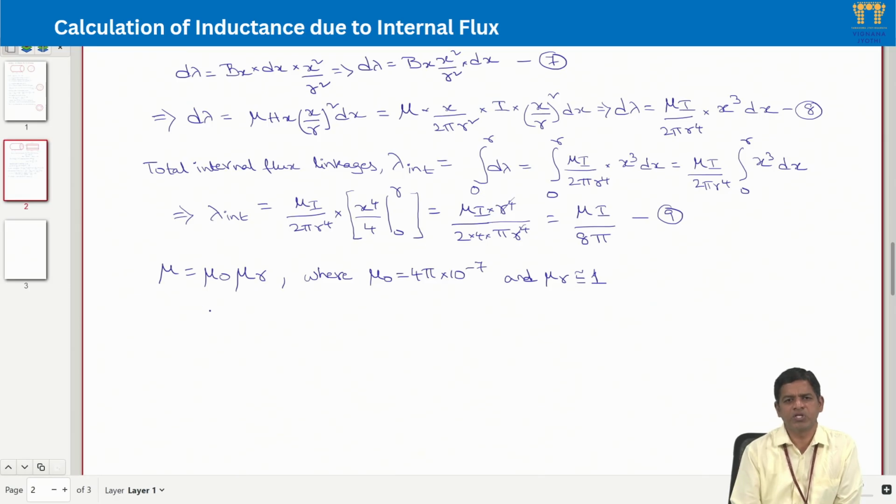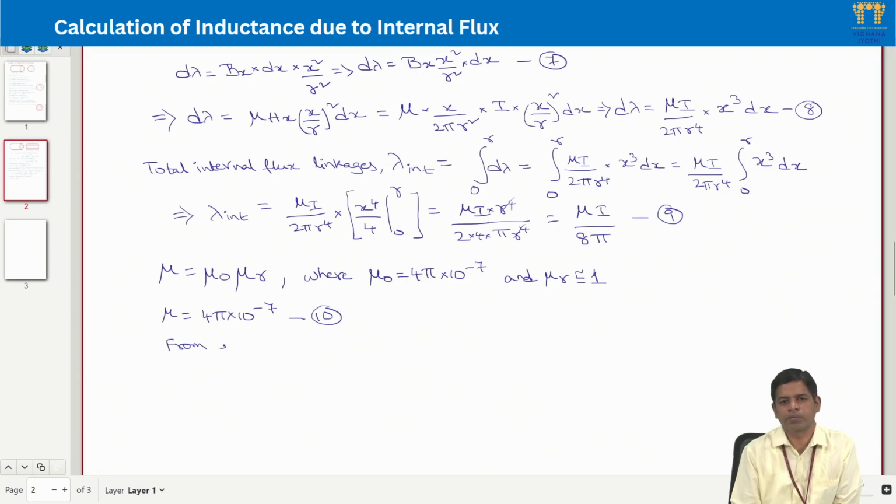So substituting these values in mu, we get mu is equal to 4 pi into 10 power minus 7 for overhead transmission line. Now substituting this value of mu in equation 9, we get,